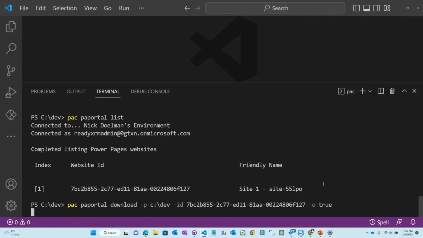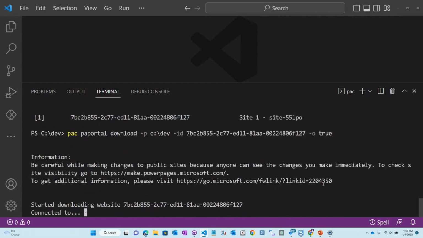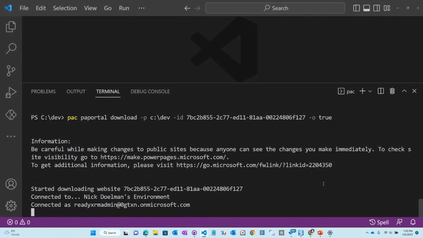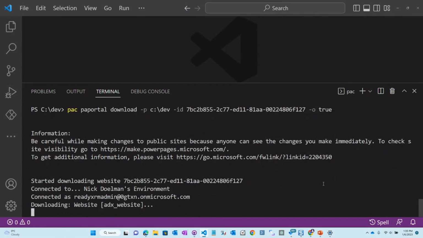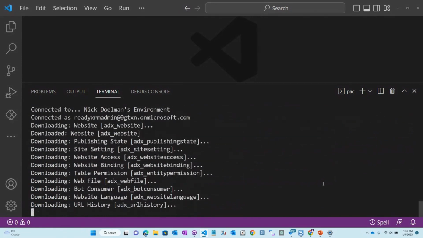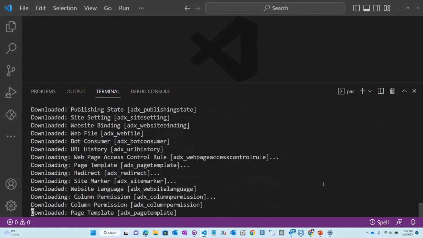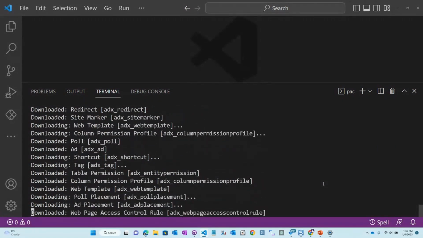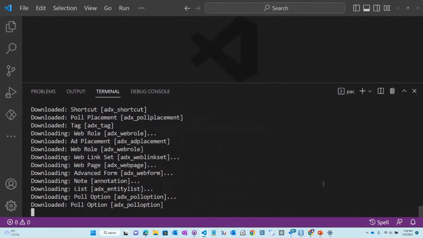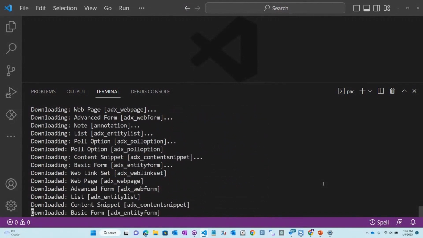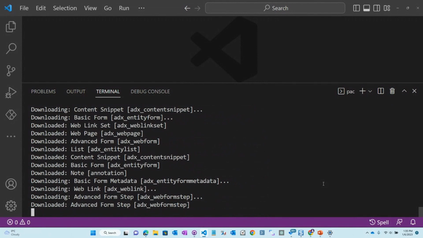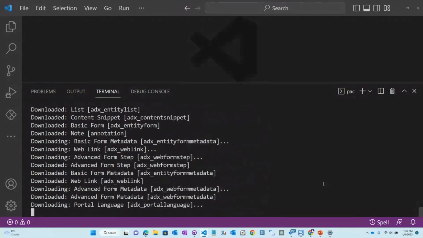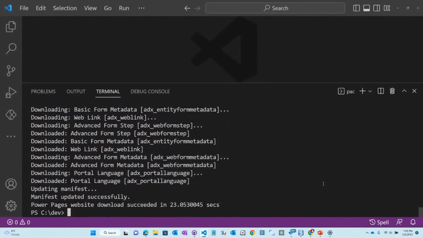I'm going to do this. This could be really cool also for source control, of course. Absolutely. To see which changes were made by which developer, etc. Exactly. So if multiple people are working on this, as opposed to downloading this from the site directly, what I could do is download this from my source control, whether it's Azure DevOps or GitHub or something like that. And then from there, we can begin to see the deltas and the changes, and again, who checked in and checked out and all that fun stuff.